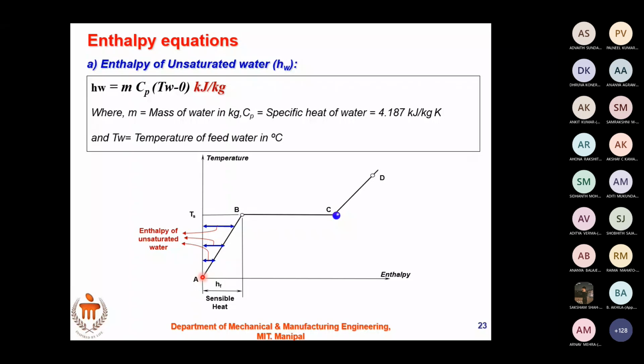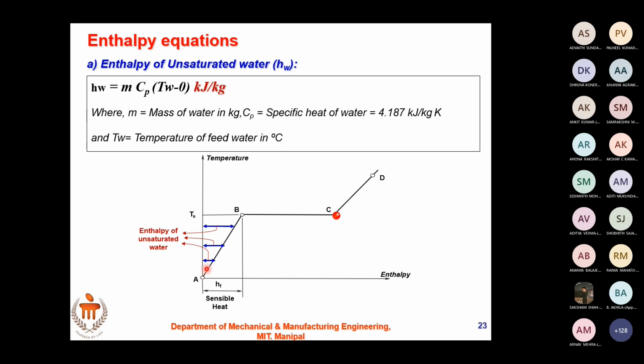Enthalpy comes into picture when I add heat to it. What do I have here at A? Ma'am, we have ice. Is it? Unsaturated water, ma'am. 100% water. Yes. Unsaturated water at 100 degrees. Ice is somewhere below. Right? Ice after melting has converted into water here. Okay, so here we have unsaturated water at 0 degree Celsius. Got it? At point A, I have unsaturated water at 0 degree Celsius.